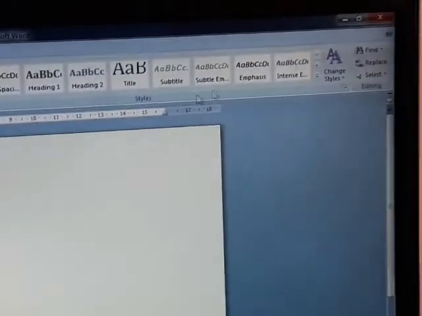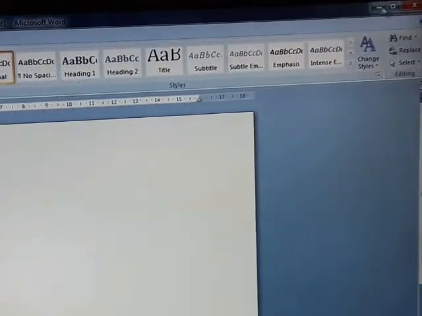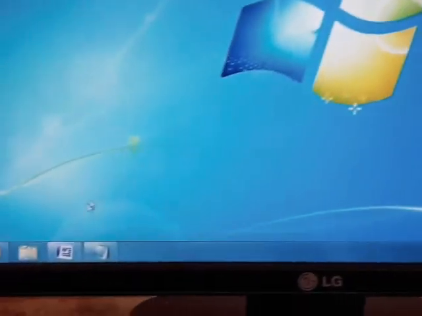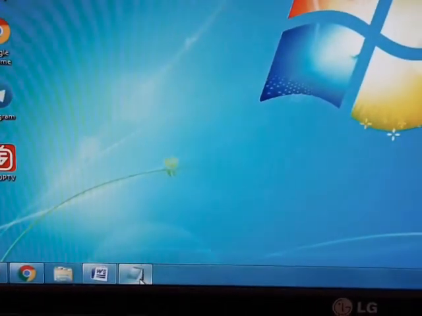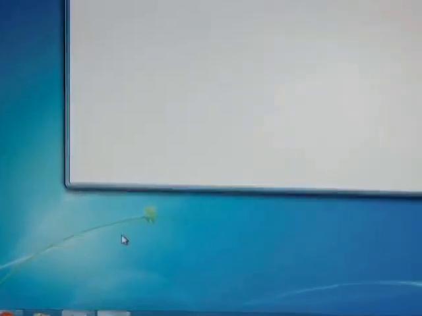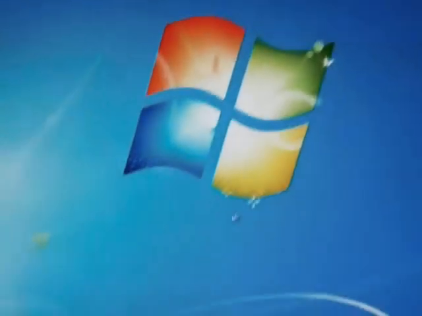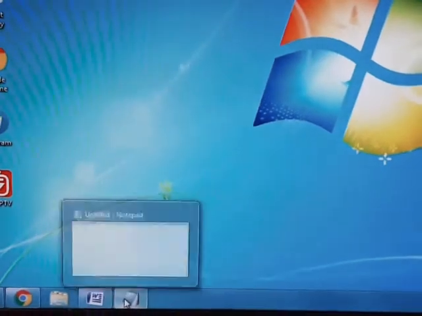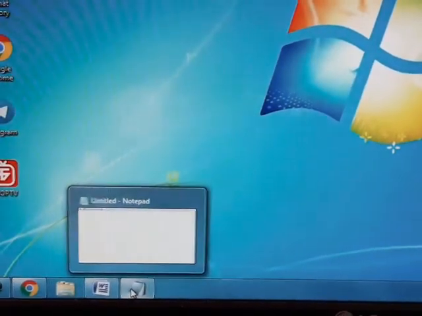Let me minimize it one more time. And notepad, observe the notepad. This is the notepad. Click in order to launch the program. Minimize. Dear students, you can close the window from the preview also.